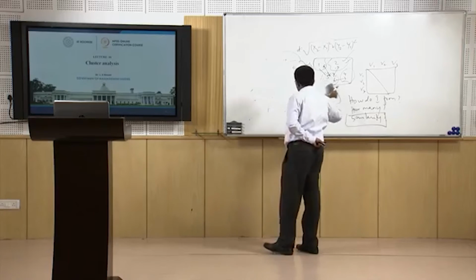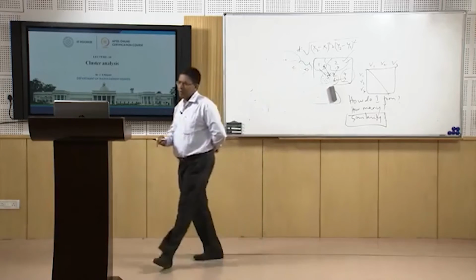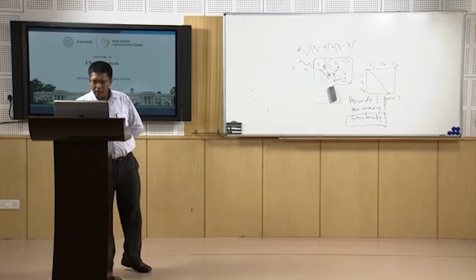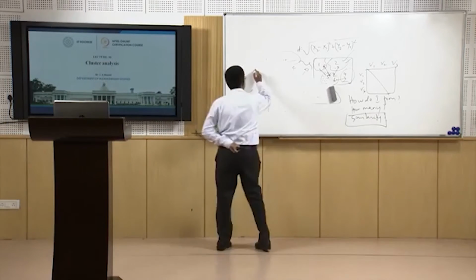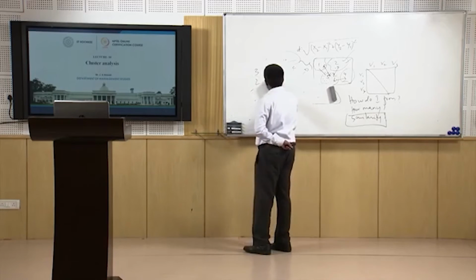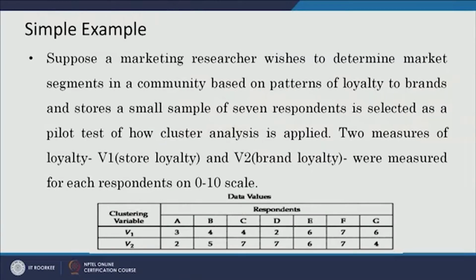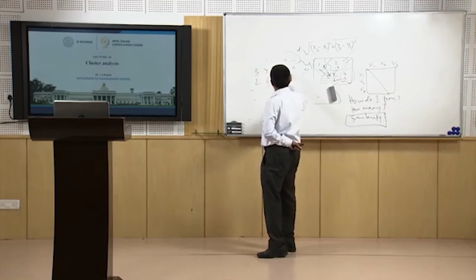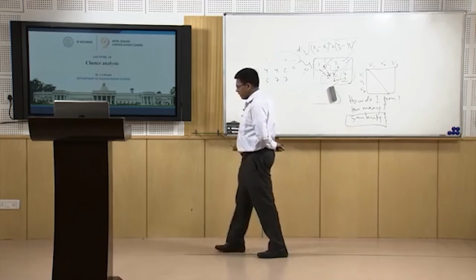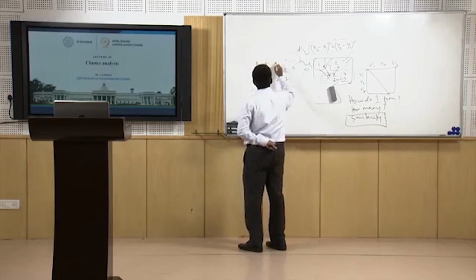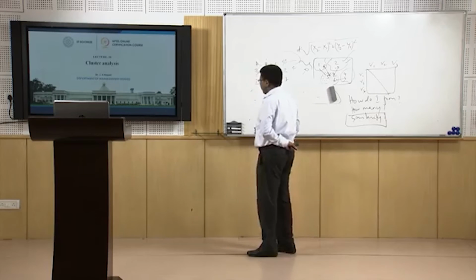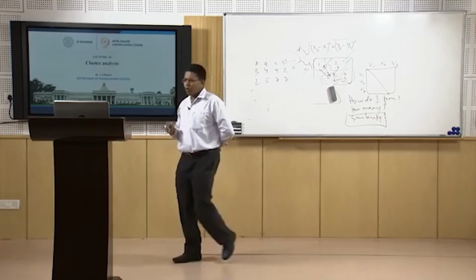So between 2 variables. Now for example, this was 3, 2, 4, 5, 3, 2, 4, 5, 4, 7, 4, 7, 2, 7. Okay. So, let us take only this much. So, this is A, B, C, D, I am taking. Now, suppose we want to find out the distance. Now, how do we do it?